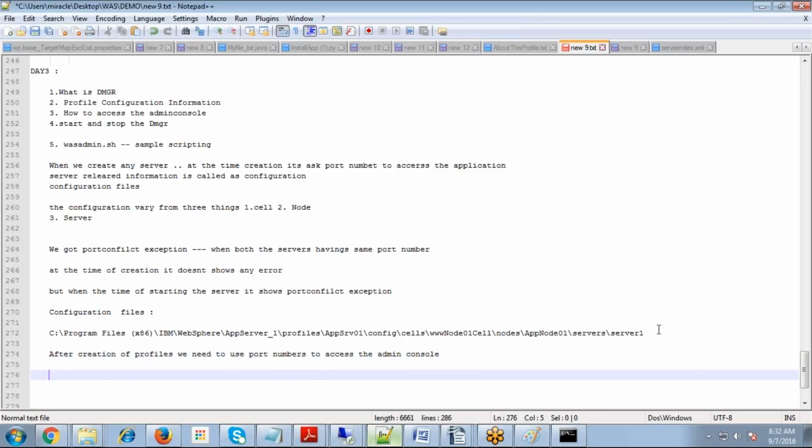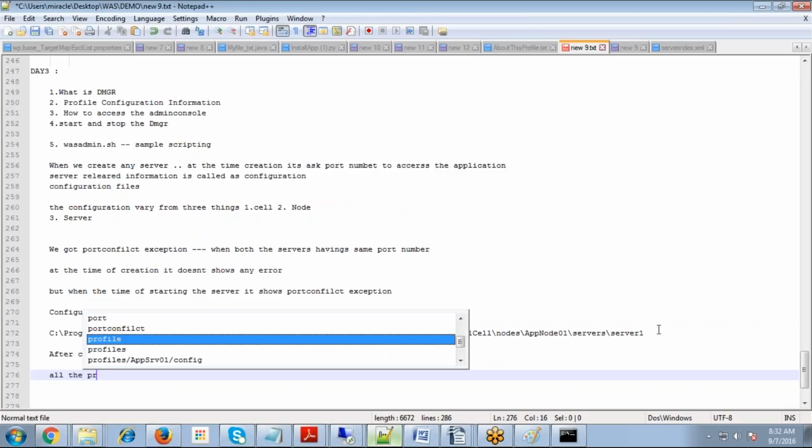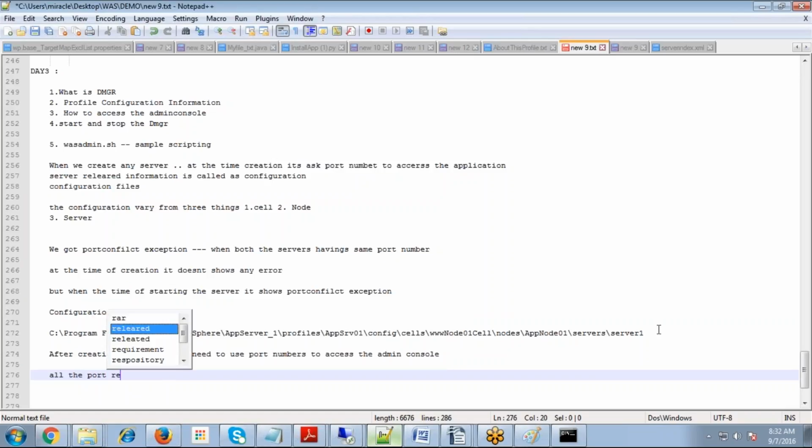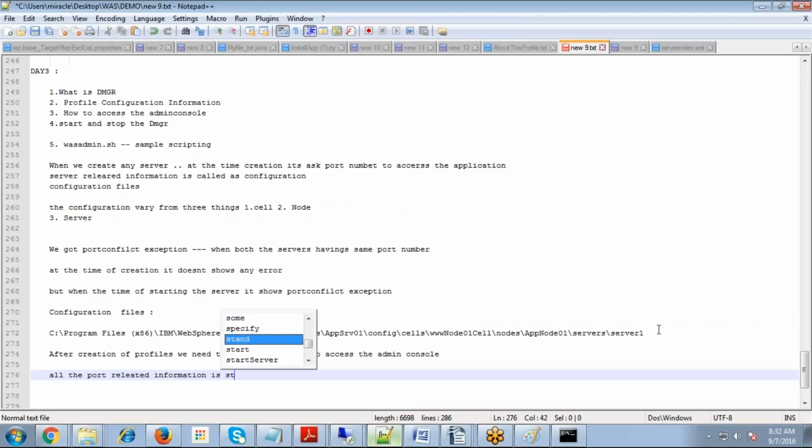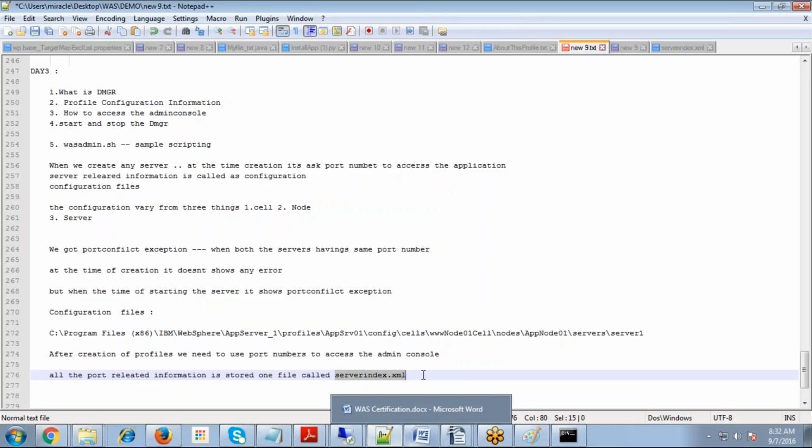All this port related information is stored in one file called serverindex.xml. This file has all the port level information. So by using this serverindex.xml, we can know what the port numbers are that are available in our server. Before knowing that, we need to know